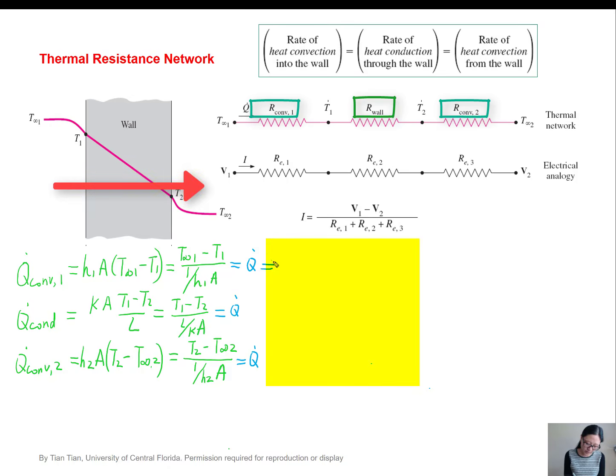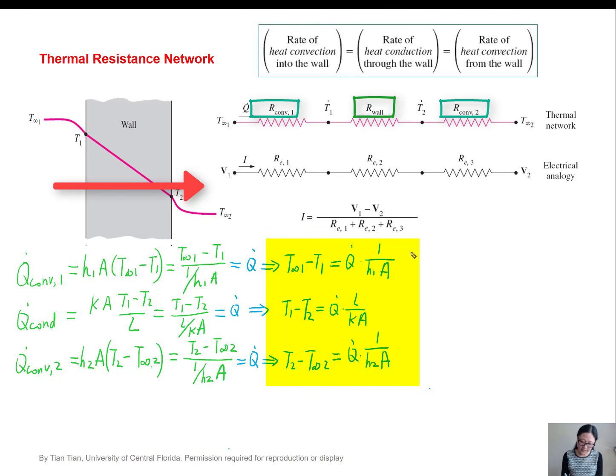From this equation, we have 1 over h1A. From this one, T1 minus, from this one. Now let's add these 3 equations together. Then T1 and T1 cancel out, T2 and T2 cancel out. Then we'll have